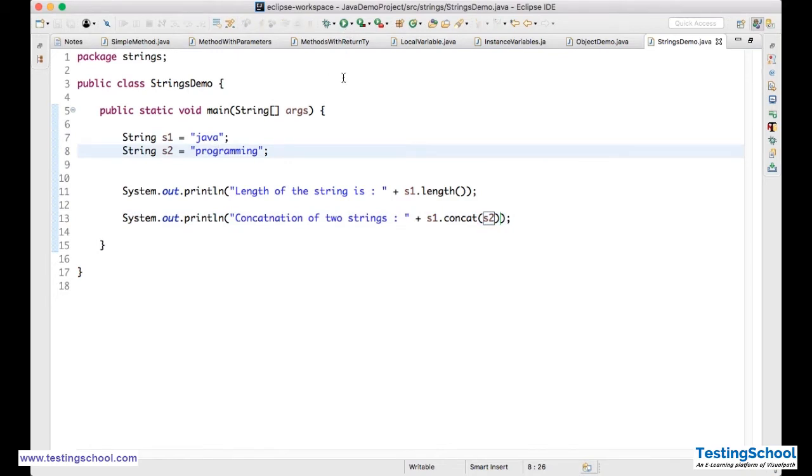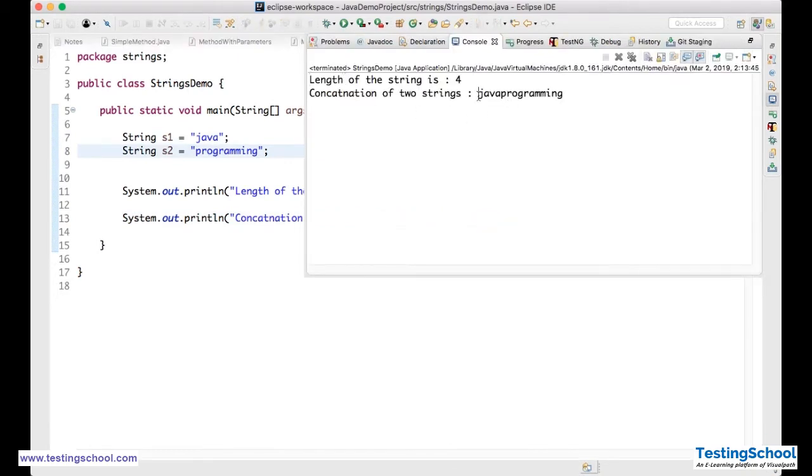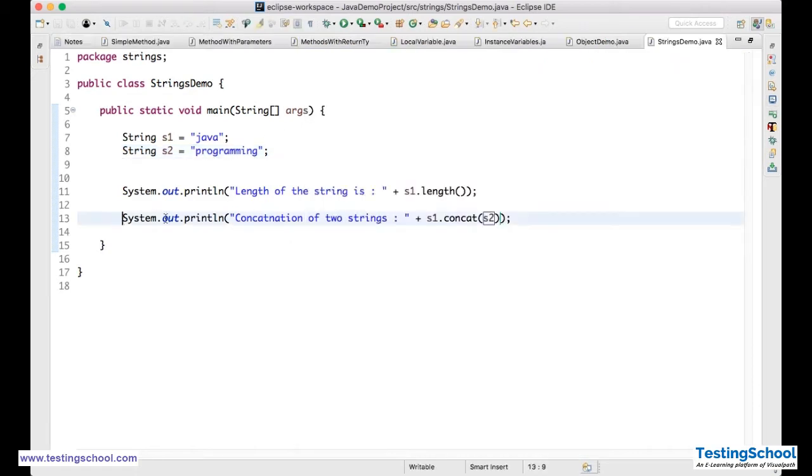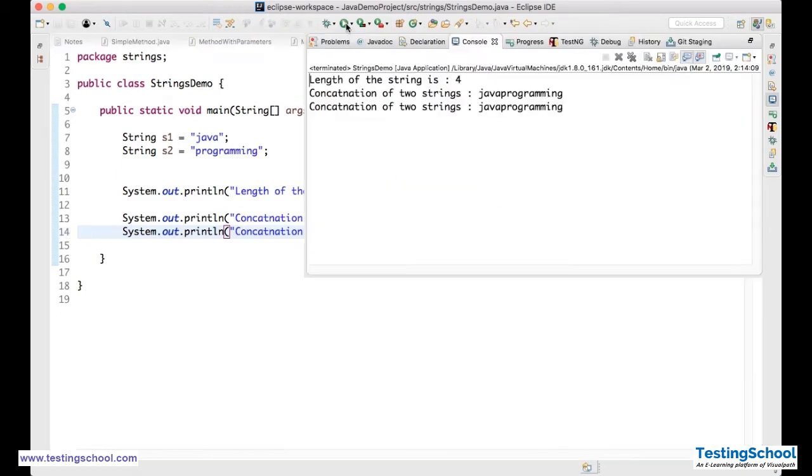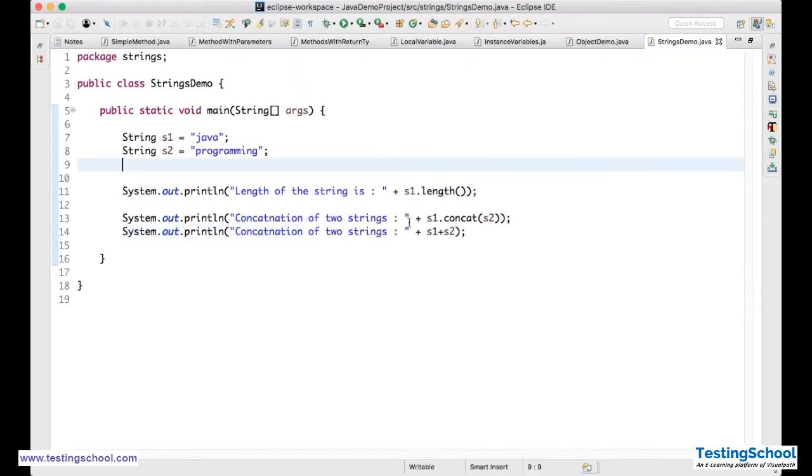When I run this, you see it became Java programming, right? The same thing can be achieved using the normal plus also. s1 plus s2. When I run this, it's the same thing, Java programming. Both ways. You have the concat method.